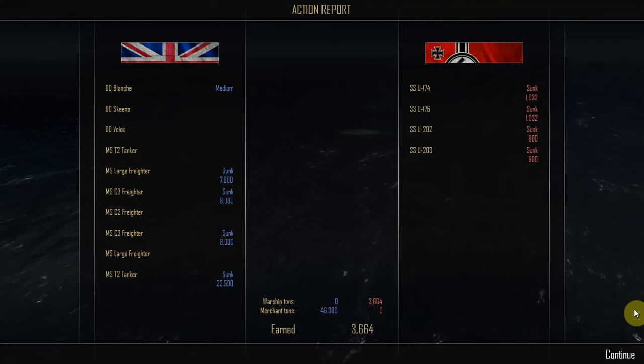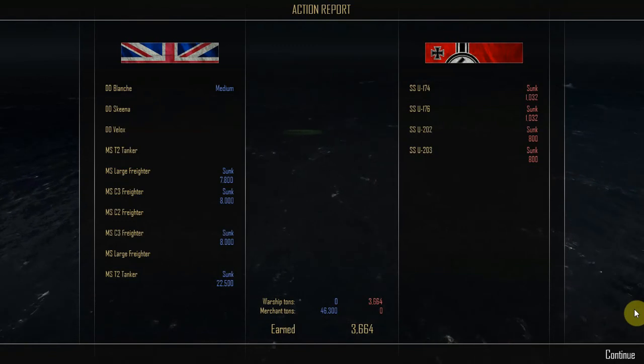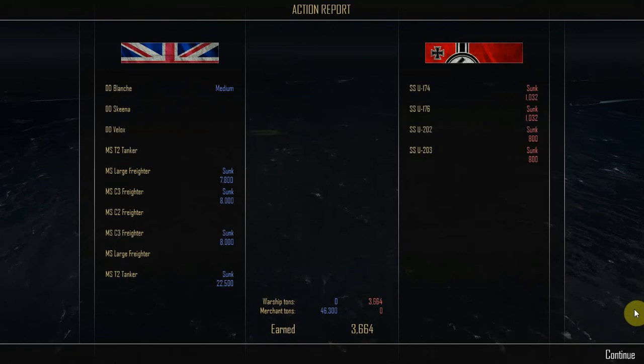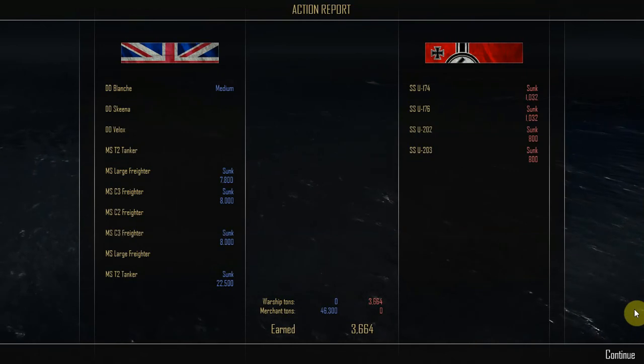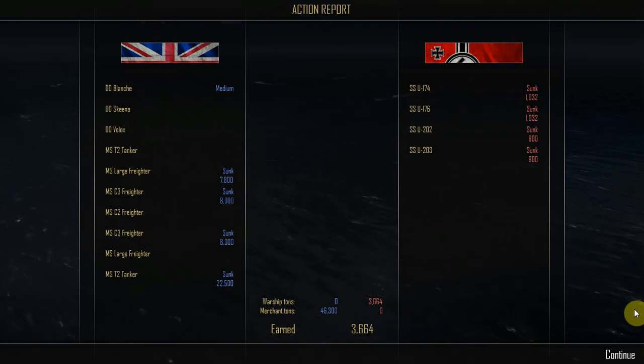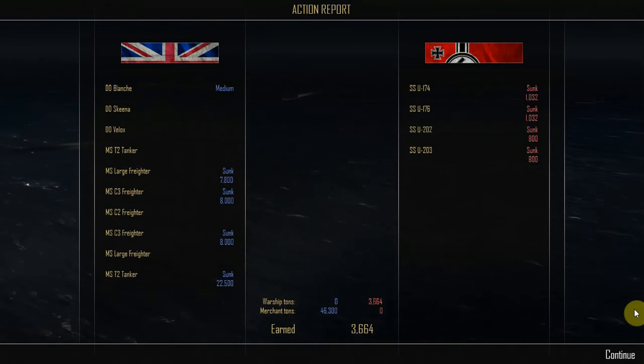Action report. On the British side, the destroyer Blanche ends with medium damage. The destroyers Skeena and Velux end with no damage. 1 merchant ship T2 tanker received no damage. 1 merchant ship C2 freighter received no damage. 1 merchant ship large freighter received no damage. 1 merchant ship T2 tanker was sunk for 22,500 tons. 2 merchant ship C3 freighters were sunk for 8,000 tons each, and 1 merchant ship large freighter was sunk for